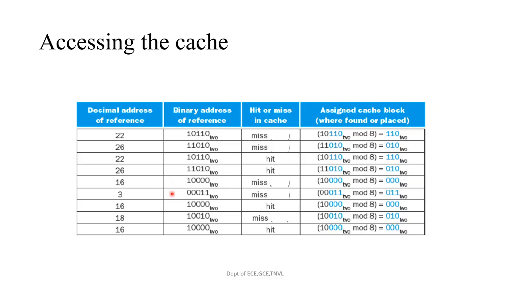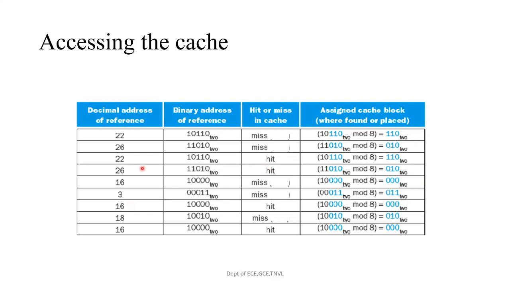So now we are assuming that we are having some contents in the cache memory, and if the contents are present in the cache memory, then we say it is a hit. If it is not so, then we will call this a miss. So we are going to discuss this now.